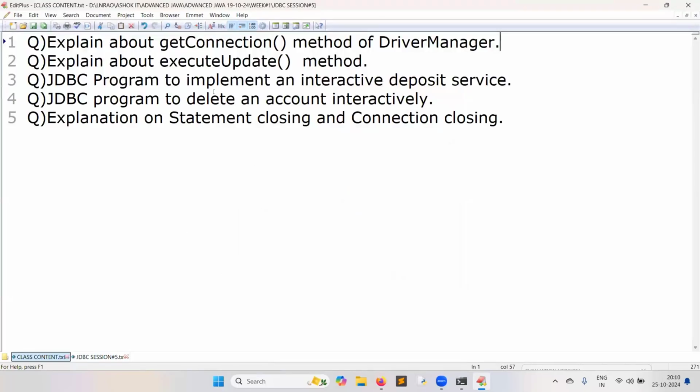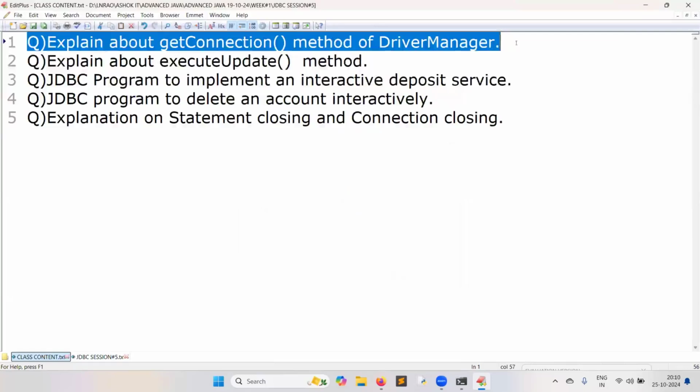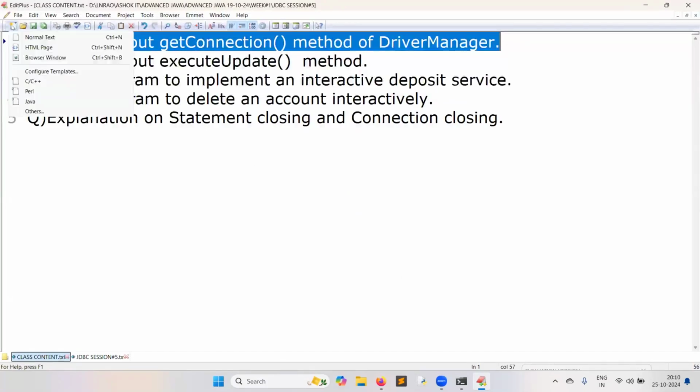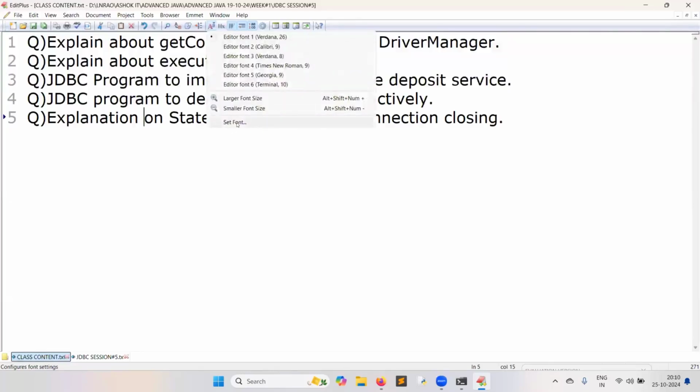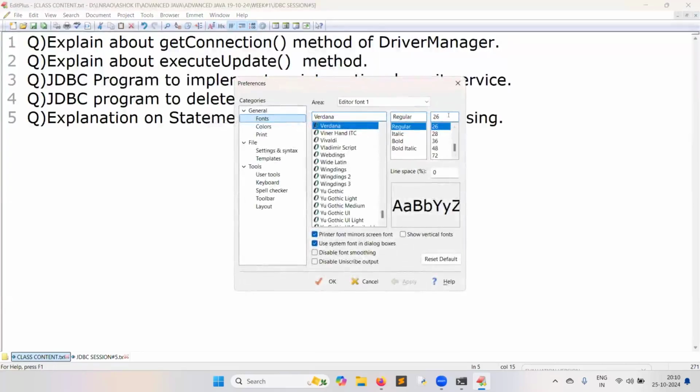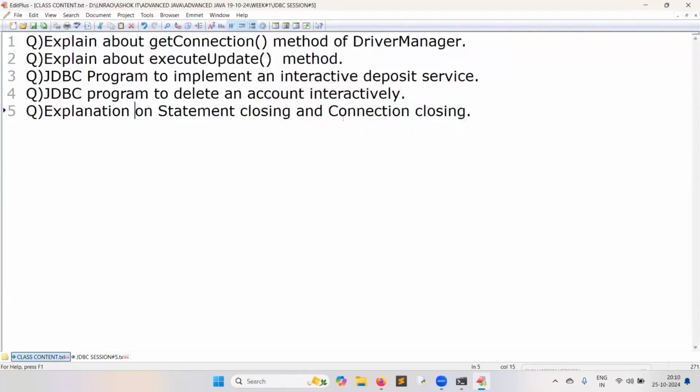Because some more people will come. 24 is enough, I think, compared to 26. Now it is okay, but those who are watching through mobile may feel the font size to be bigger. But laptop also is okay, sir.